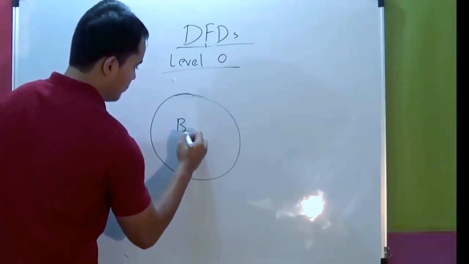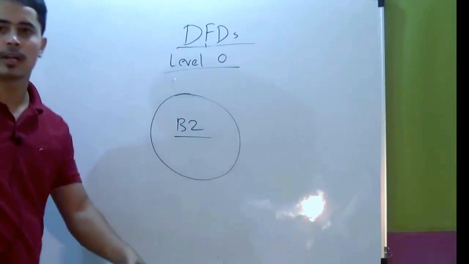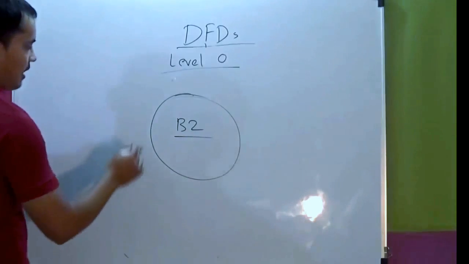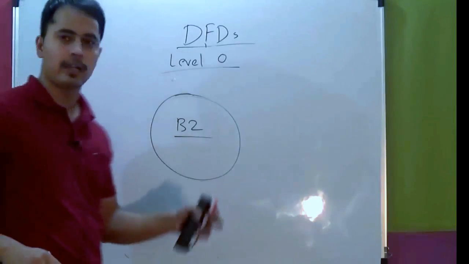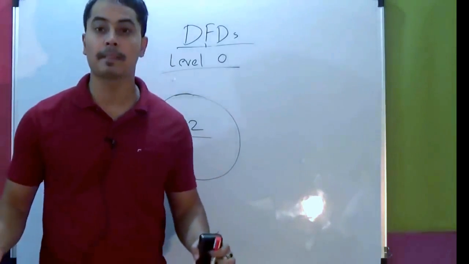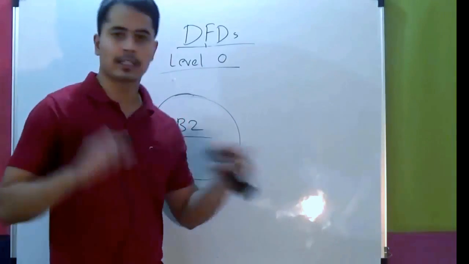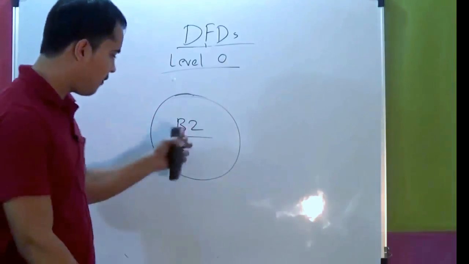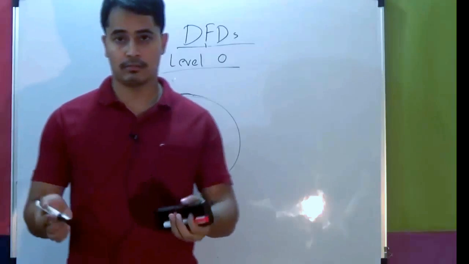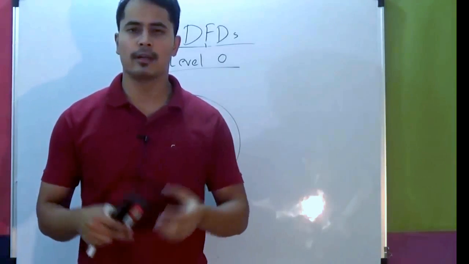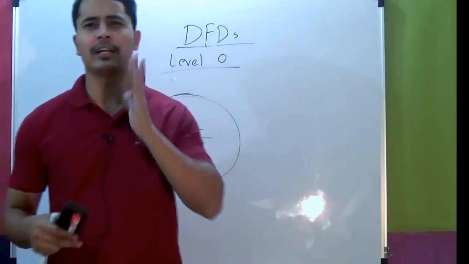And that will be B2. We very fondly call it B2, right? Then you have to identify the external entities. All the external entities have to be identified. Now for bbarters.com, that is the social sharing app that we have created, can you tell me what the external entities are?